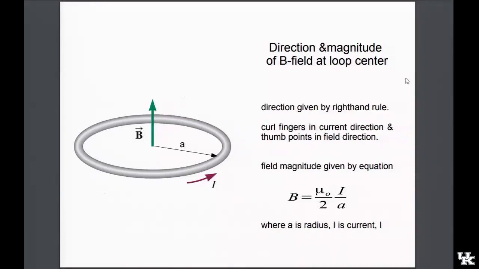If I were to change the direction of the current such that it would come out of the screen on the right and go into the screen on the left, then I'd correspondingly change the direction of the magnetic field. It would be downwards now. And so it's another right-hand rule that gives us the direction here. The size of this field,